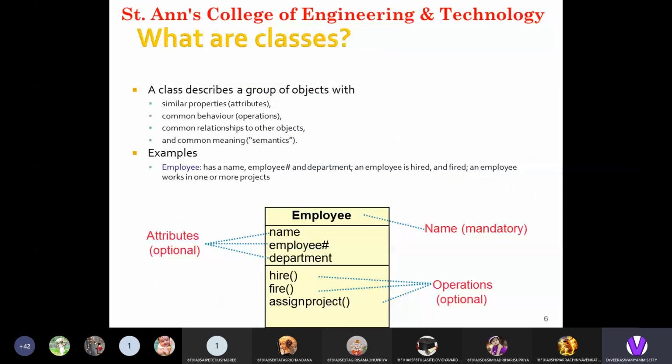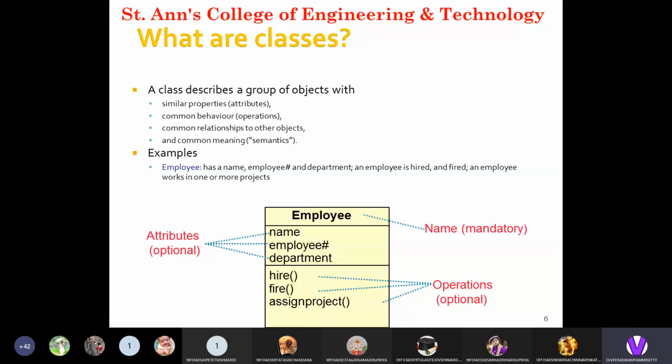I already told what a class is. A class describes a group of objects with similar properties like attributes, common behavior or operations, common relationships with other objects, and common meaning, that is, semantics.